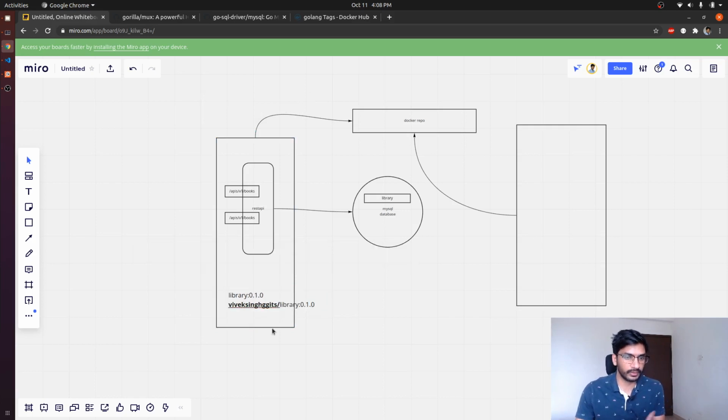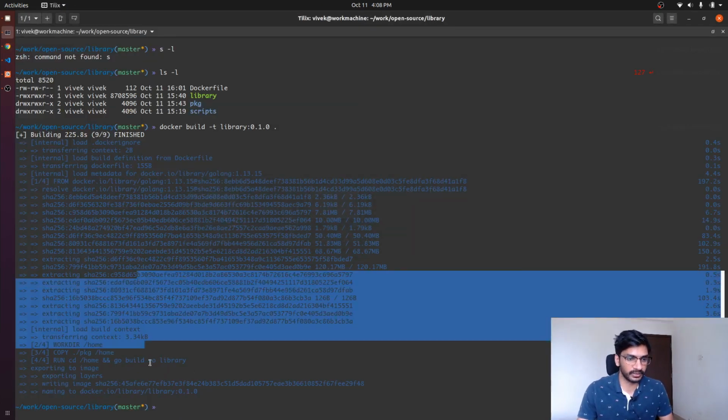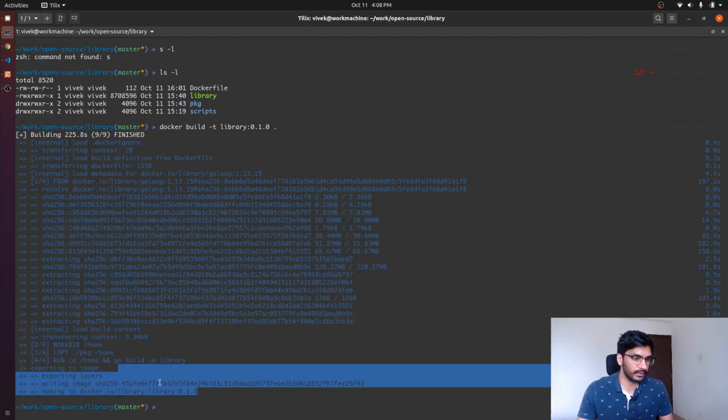right? So yeah, once the image is built, what we are going to do is retag as we discussed, right? But before retagging that, let's try to run that and see what happens. So if we list all the images, docker images, grep.